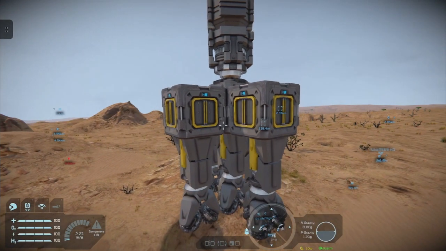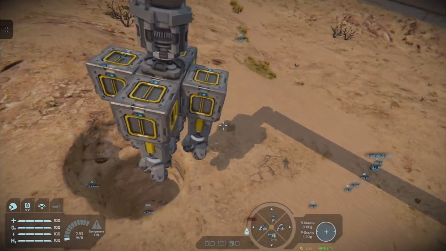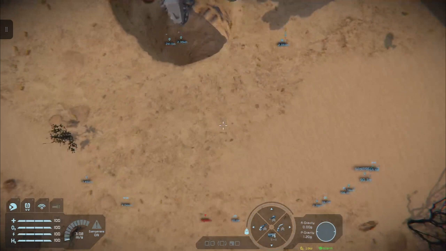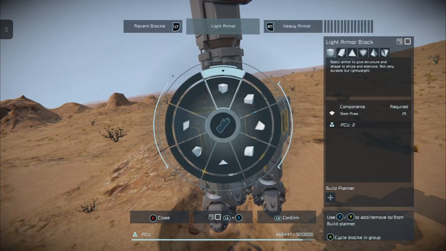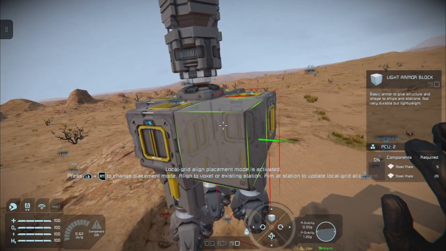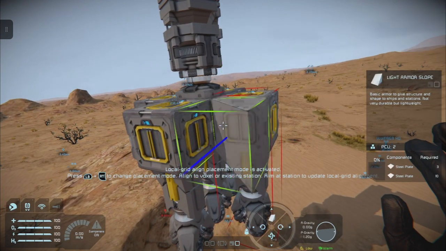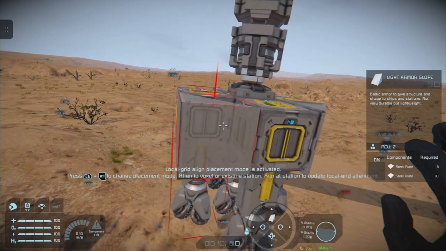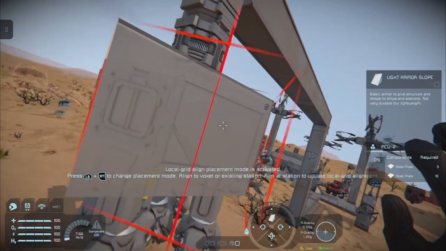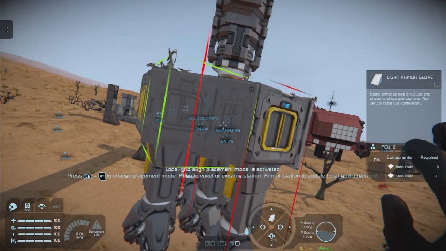Right, so now to pretty this drill head up, we want to go to our light armor blocks and just choose your slope. Orientate it so that it fits there. Here. Here.